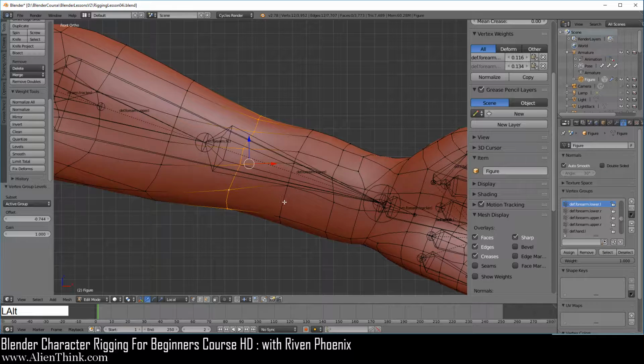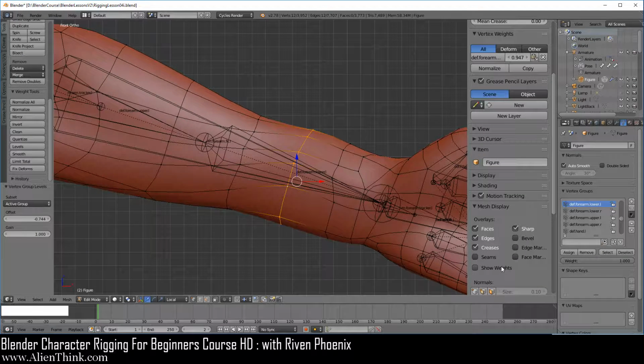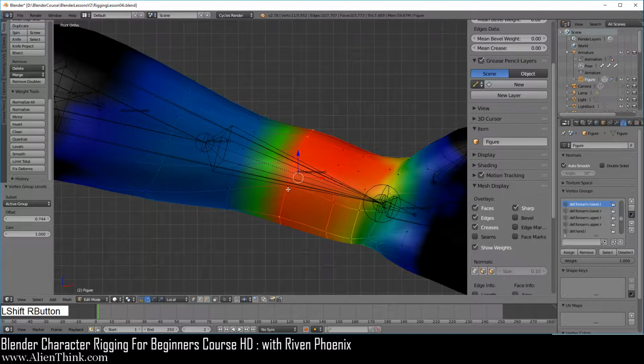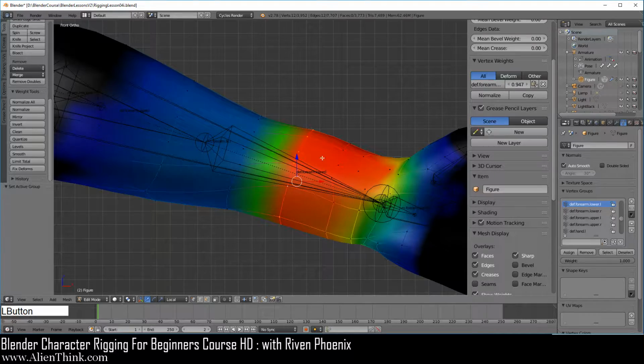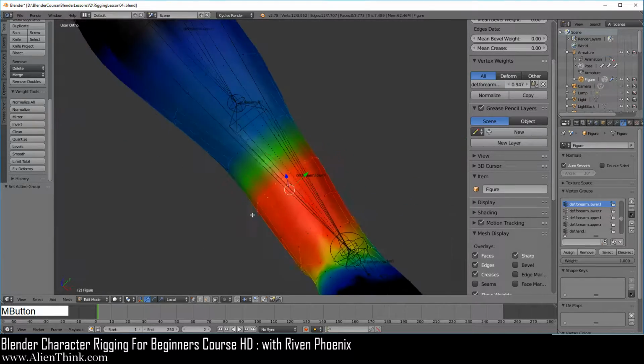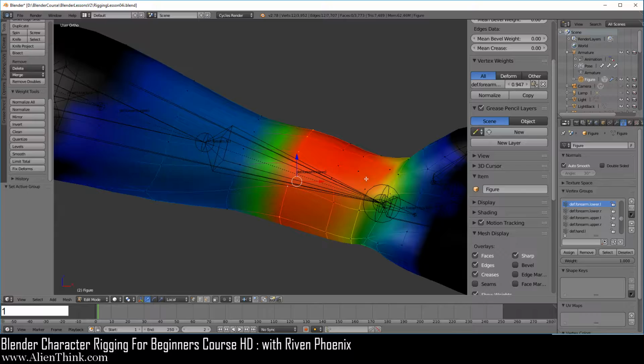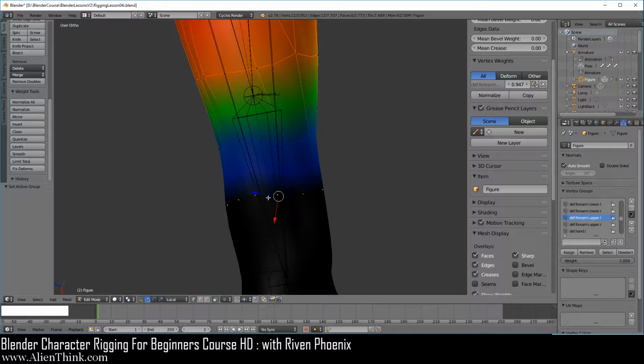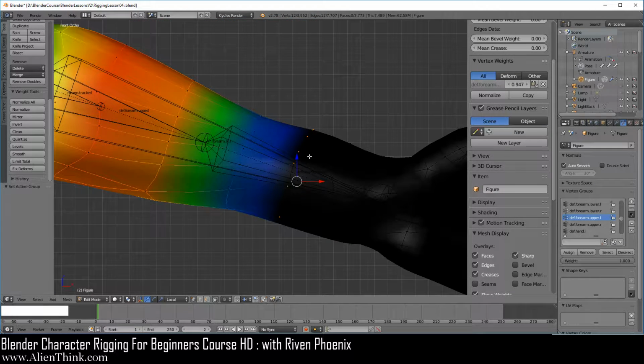Go ahead and press the Alt key down, click over here. Of course you have to do show weights, and here if we go ahead and press the shift key to deselect and select and just click over here, you can see that all these vertices are part of this vertex group, right? Now over here we know that if we click over here and do the middle mouse button, in my case it's all black, so this means that we can't actually get any movement on these vertices because they're only part of this one vertex group. So this means that we have to